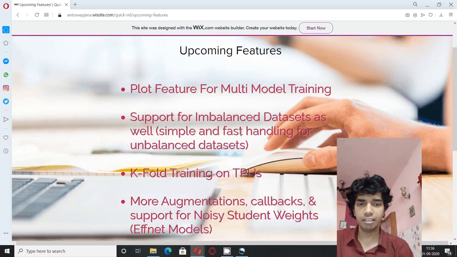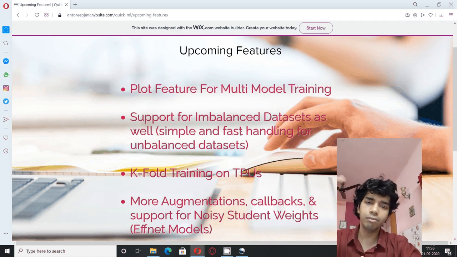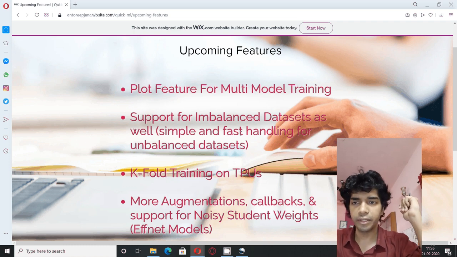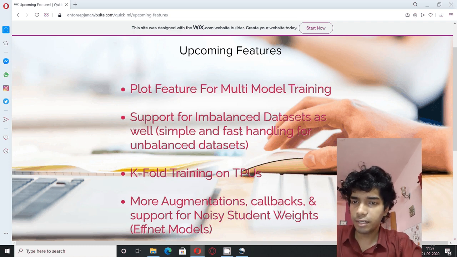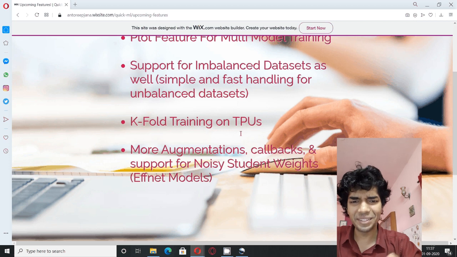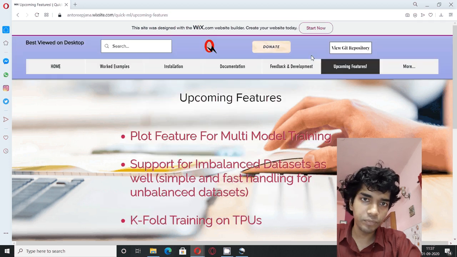There are many things I have planned out for QuickML. However, these are on the top of my head. These are on the topmost priority. I'll be doing this at the topmost priority. However, I have many things planned out for QuickML. The work is always there. Work will never be stalled. There is always a scope of improvement that I believe, and we strive for that. We look for an improvement.